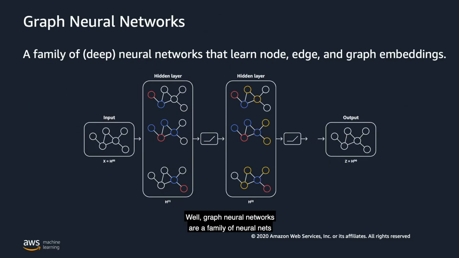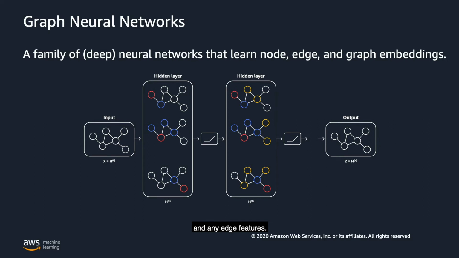Well, graph neural networks are a family of neural nets that can learn node embeddings in addition to edge embeddings and graph embeddings. These graph neural networks, or GNNs, work by transforming some initial features or representation of the nodes of the graph into a final representation of that node that is informed by the graph topology and the node neighborhoods. Unlike traditional graph learning techniques, GNNs can learn these representations inductively. This means that GNNs can learn embeddings that are not specific to the particular graph that the GNN was trained on. Essentially, the GNN can compute embeddings using the learned GNN parameters plus the graph structure, the initial node features,